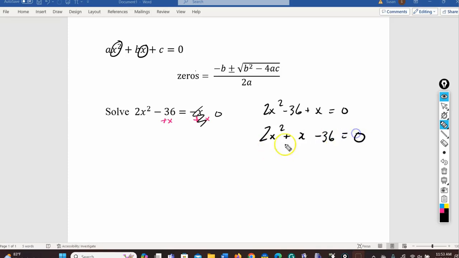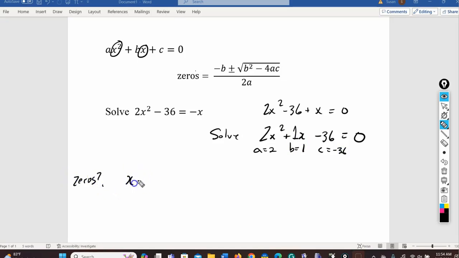Now, I could try and factor that, but I don't think the trick works for trying to factor this. So I think it would be quicker if we were going to find the zeros and understand that solving this is the same as solving this. And so I'm going to use the quadratic formula. We can see that A is equal to 2, B is equal to 1, and C is equal to minus 36. So the zeros